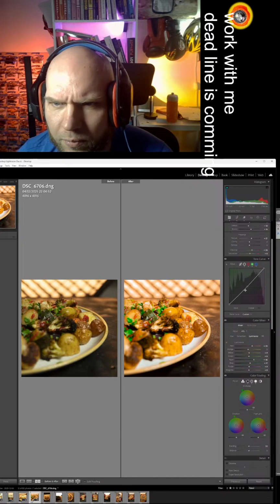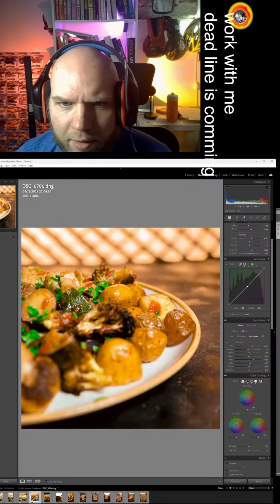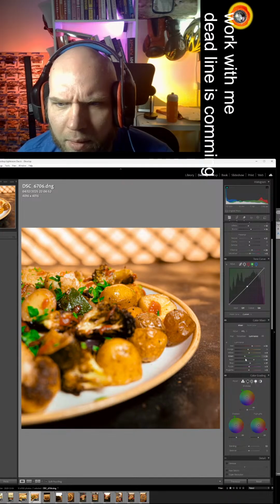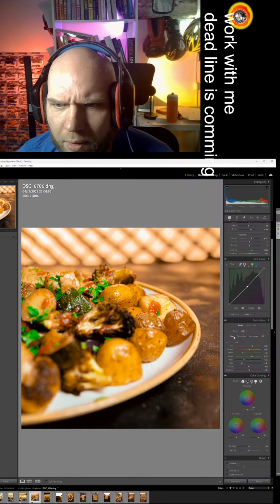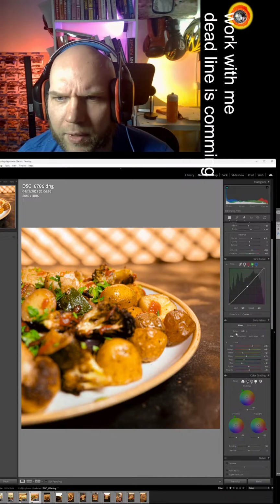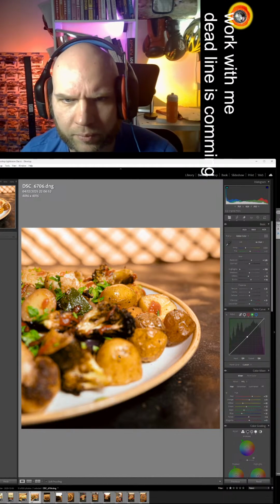Over here not that much is going on, so I don't know why green colors are weird like this. I can make them darker, that's for sure. Oh, over here, hue, right? Yes, let's go back to the basic. Okay, good enough.